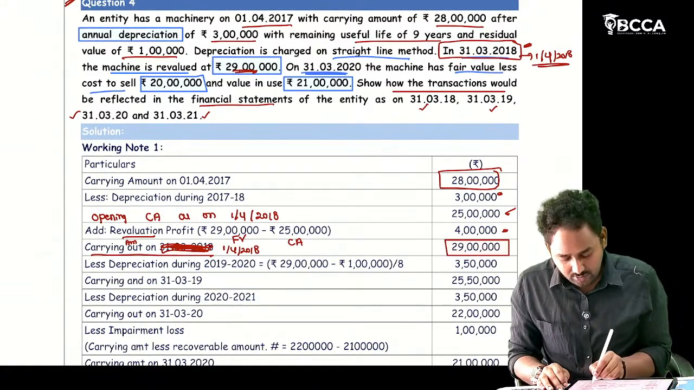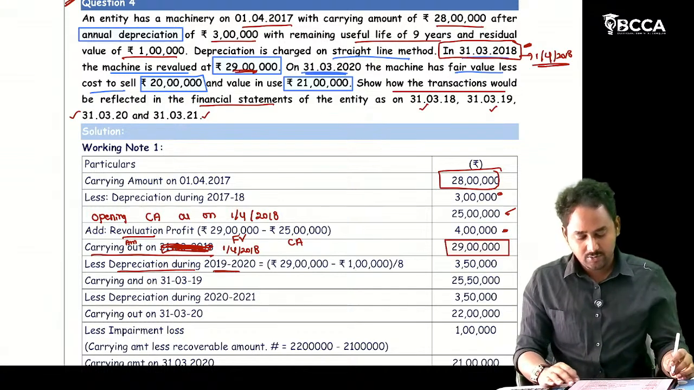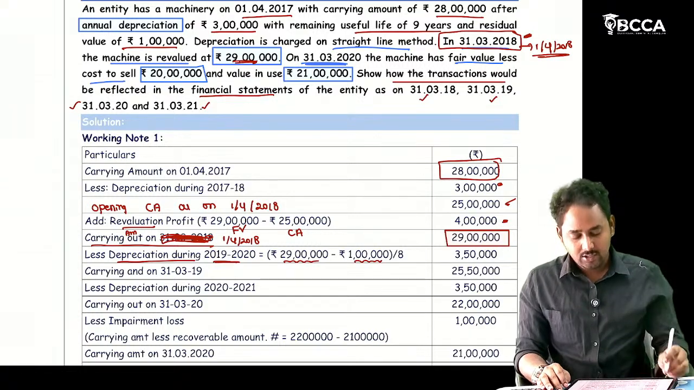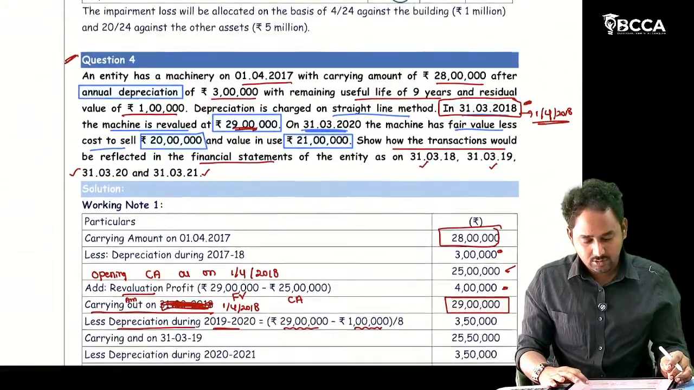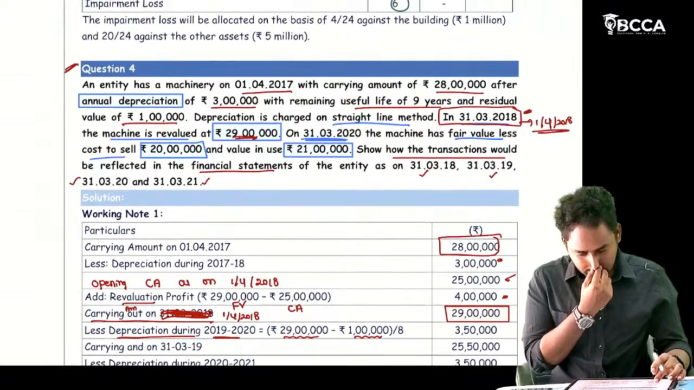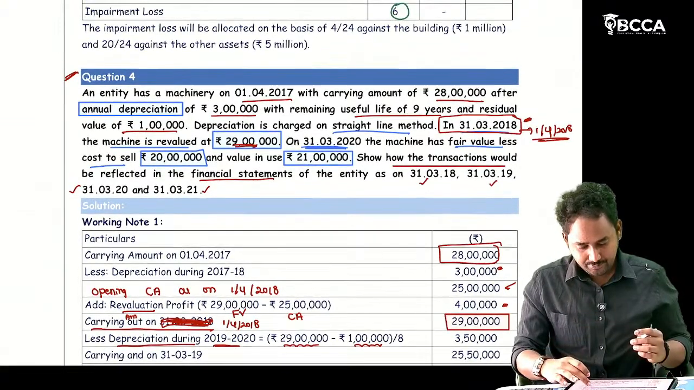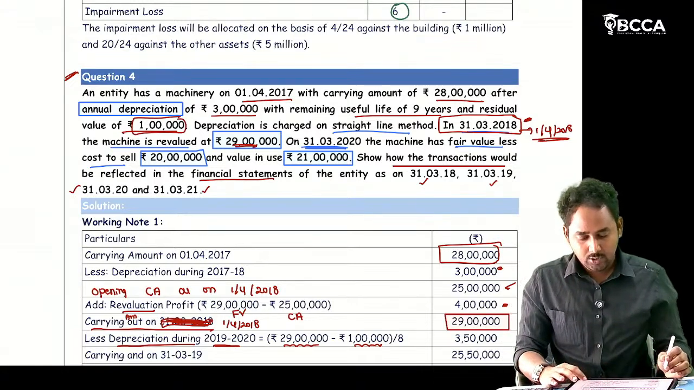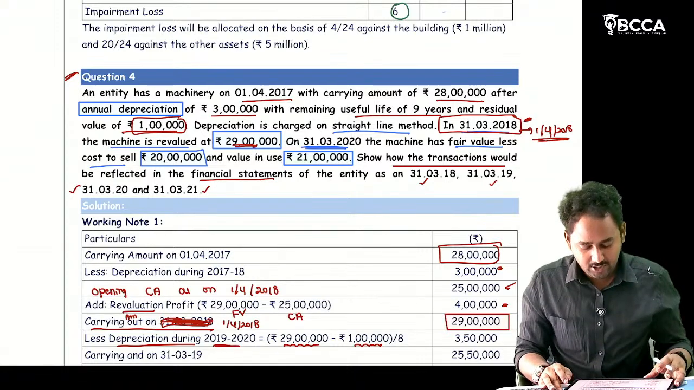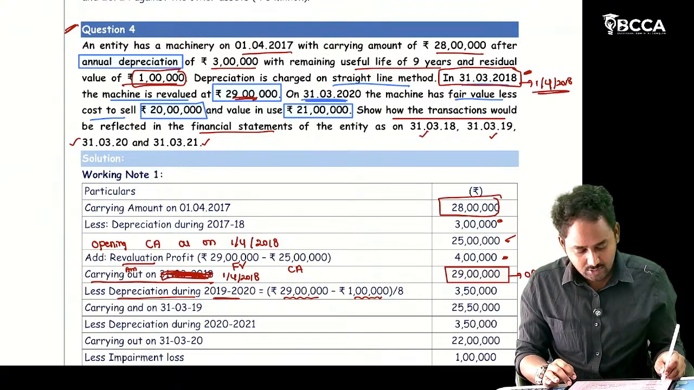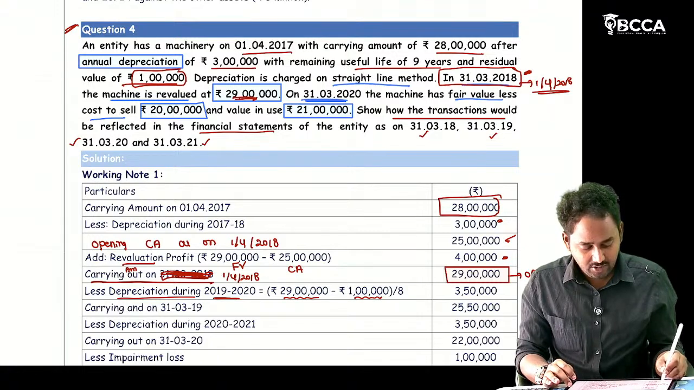Then we should do the depreciation for 19-20. Depreciation for 19-20: 29 lakhs minus residual value 1 lakh rupees. Sir, how are you calculating? What is the residual value? 1 lakh rupees. So for the calculation of depreciation under the straight line method, what is the formula? Opening carrying amount after the revaluation,